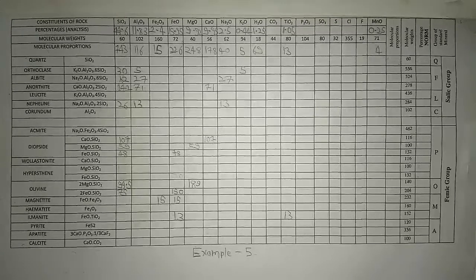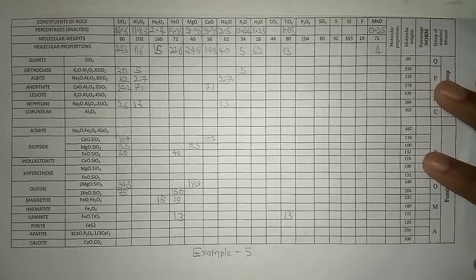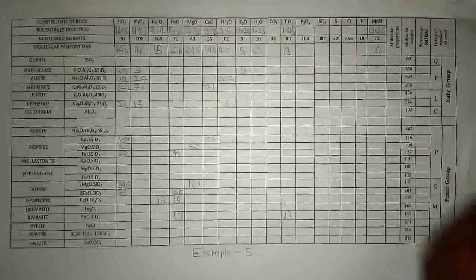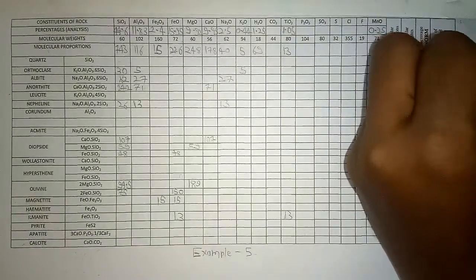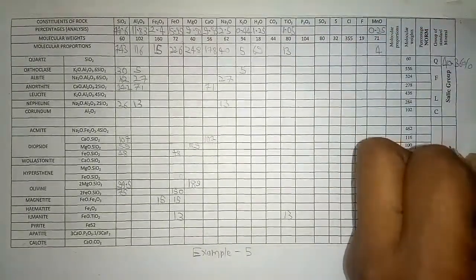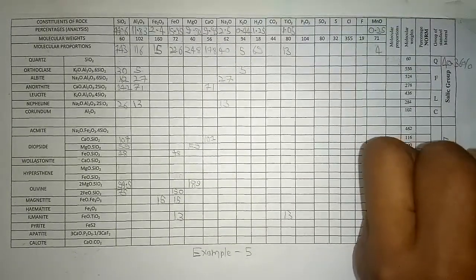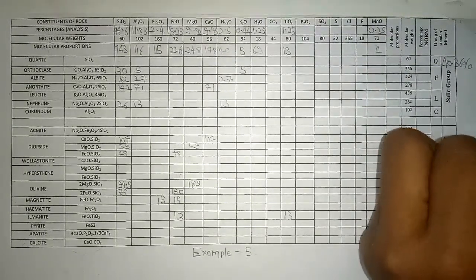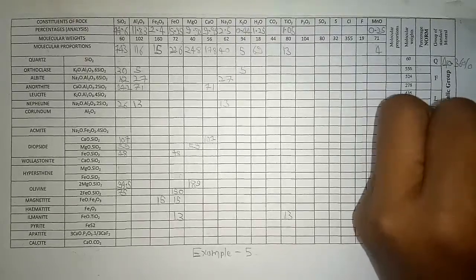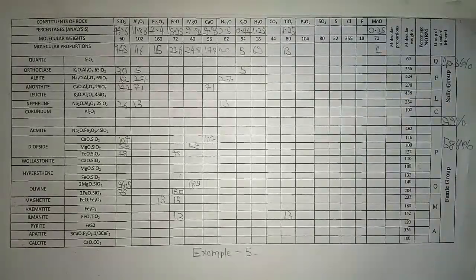But I will tell you the Sally group percentage and Femi group percentage, so that you can check whether it is right or wrong. The Sally group percentage is 40.36, and here it is 58.64. The total is 99%, exactly 99, there is no decimal. So if you get 99%, then it means your norm form is correct, and you have done part 5 successfully. So see you in the next class of part 6, where I will be making a leucite.